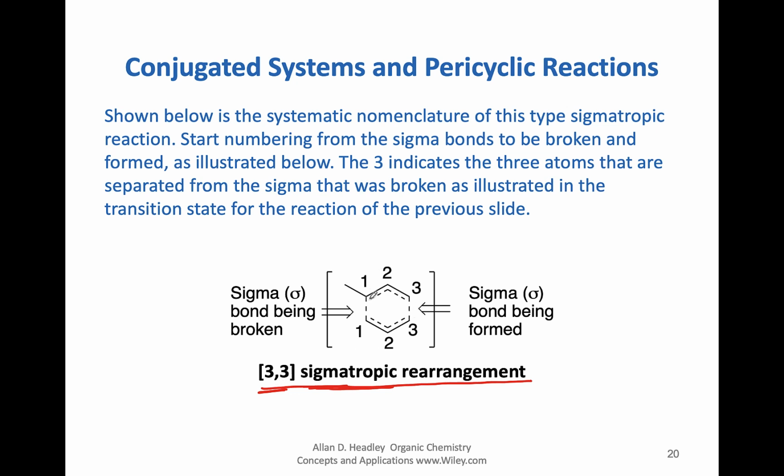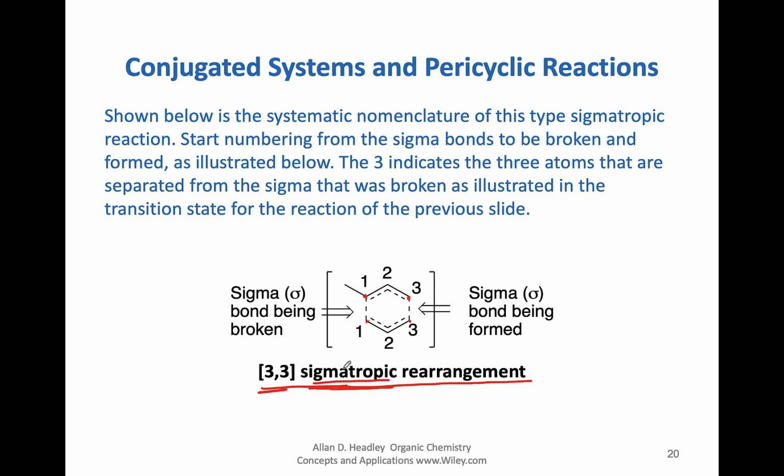What we do is we identify the bond that's being broken, and we identify the bond that's being formed. And we start numbering from the bond that's been broken to the bond that's been formed. So 1, 2, and 3, and 1, 2, and 3. So the 3-3 indicates here that there are 3 atoms that are involved between the bond that's broken and the bond that's formed. 1, 2, 3 atoms, and 1, 2, 3 atoms. Hence, it's a 3-3